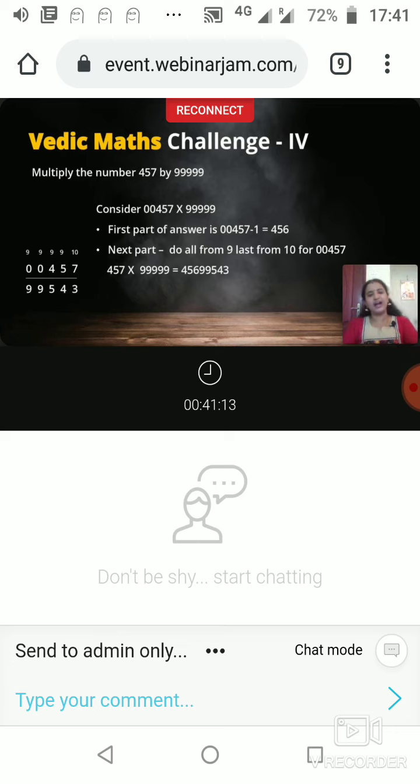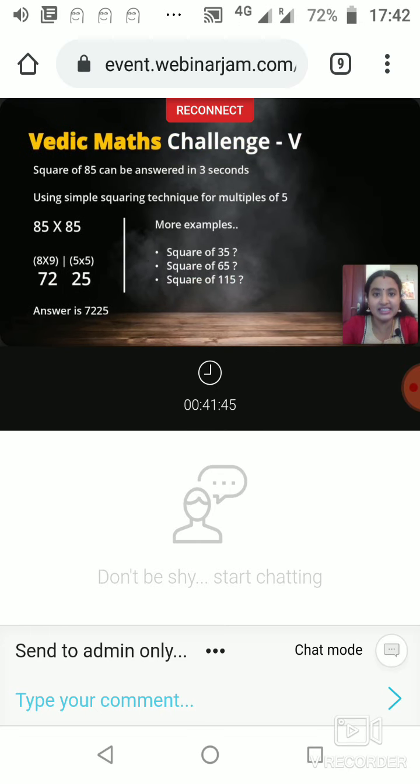So, if you have more nines, you add zeros before that number, making them equal. But what if you have more digits and fewer nines? Imagine you have a 5-digit number multiplied with 99. We have a different rule for that. I'll be giving that rule to you in the main course, where I have about 45 concepts like this, which I'll be teaching in the main Train the Trainer program.